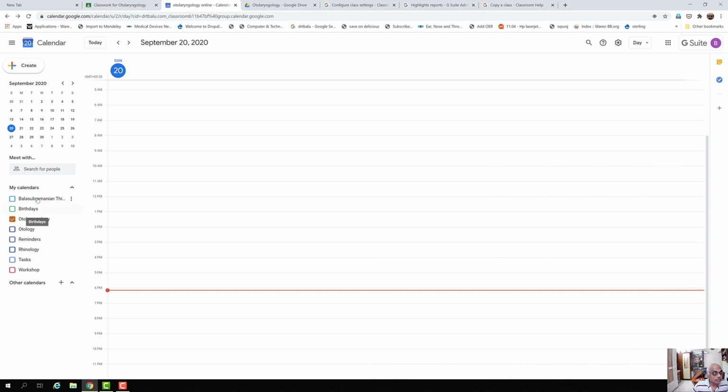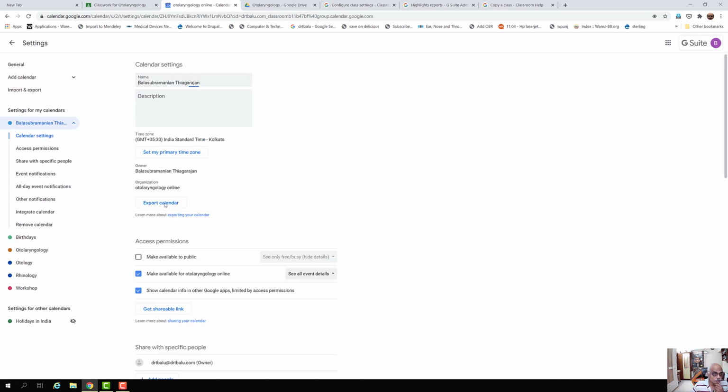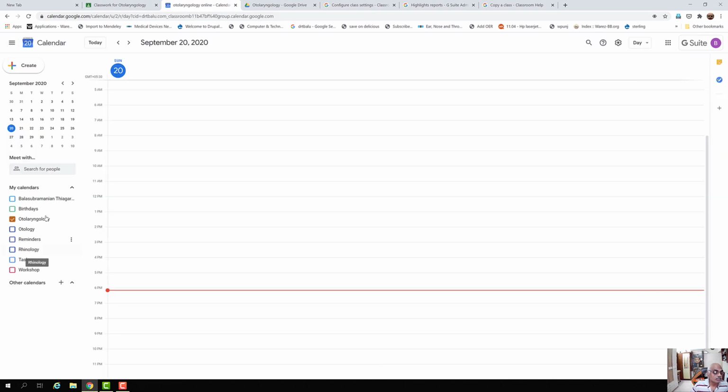In my personal calendar, I have the option of sharing my calendar with my colleague teachers, so that they may also know what exactly is happening in my work schedule. I have the option of sharing my calendar with my colleagues within the domain. Now we are going to create a schedule within the